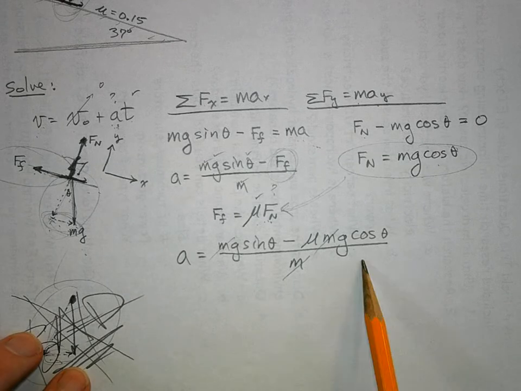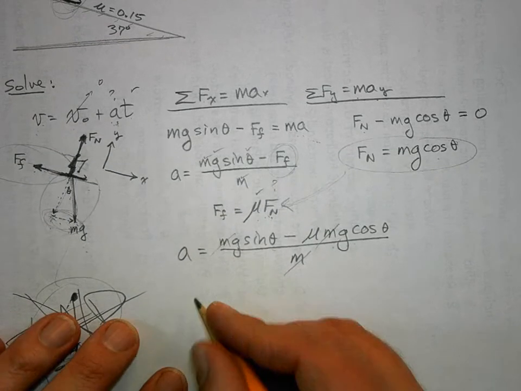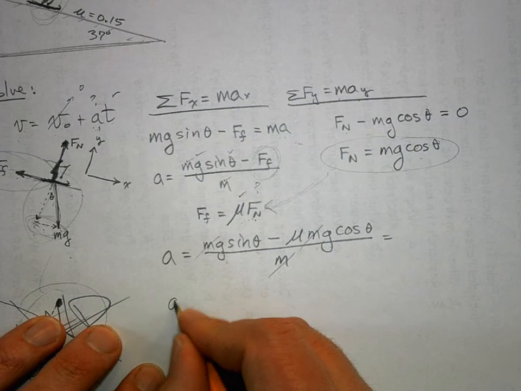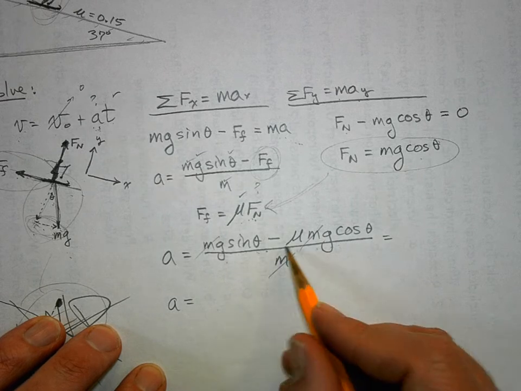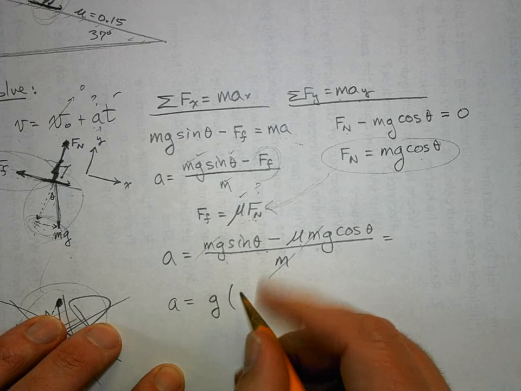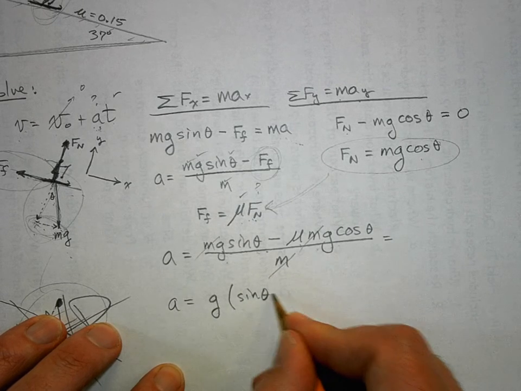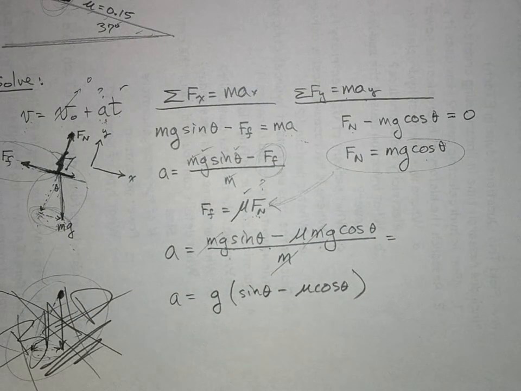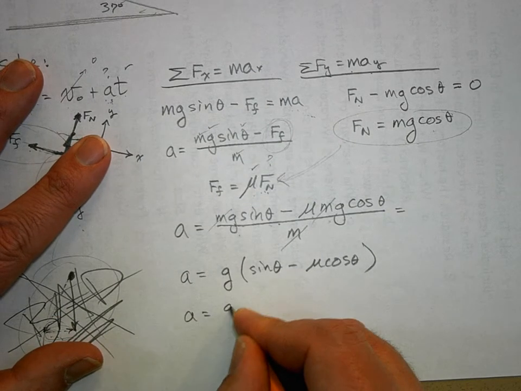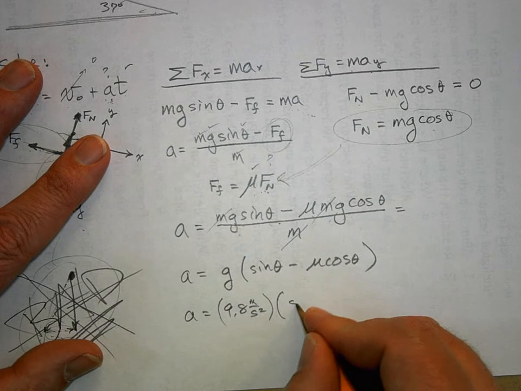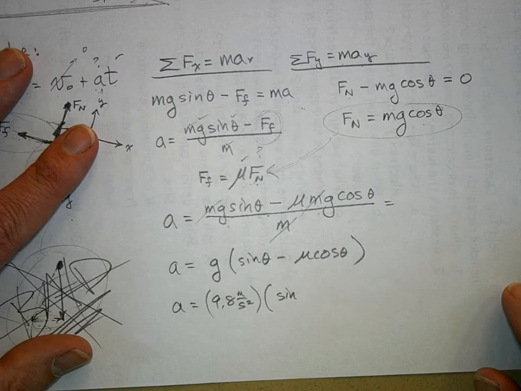And look, I've got a common factor here, so I'm going to do this one more time. So the acceleration is equal to g sine theta minus mu g cosine theta. I'm going to factor out the g, and I get this little expression. Now I'm going to plug in numbers. I always plug in numbers at the last possible moment. Not always. Sometimes it's better to plug in numbers earlier, but